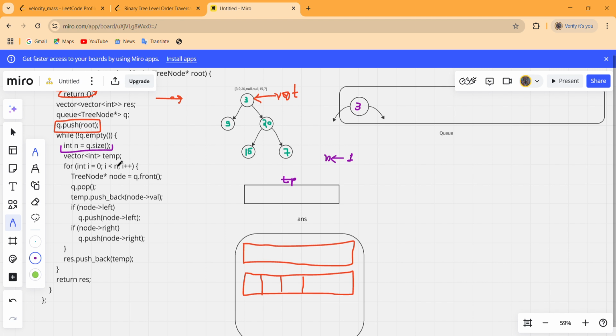Run a loop for n times, for i equals 0 till i is less than n. So for i equals 0, the loop starts from i equals 0, and this will check if 0 is less than n. That means 0 is less than 1. Yes, the condition for this loop is true, so the cursor will jump inside this for loop,